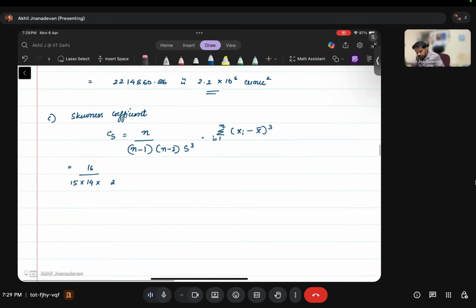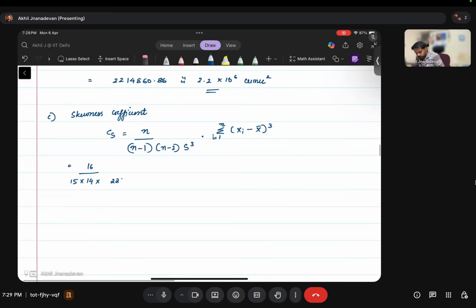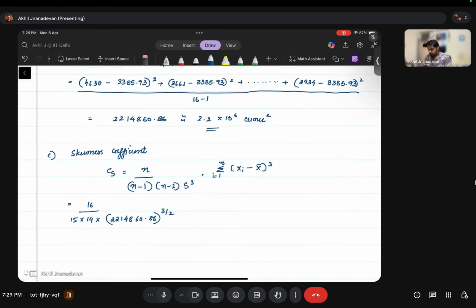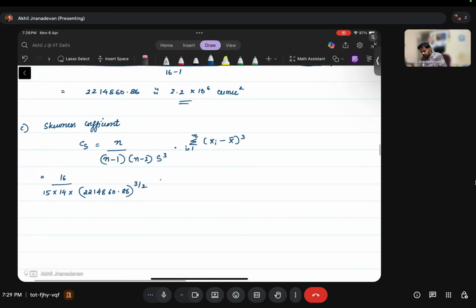So we got our variance as 221,486.86, right? So that is the variance. S cube means variance raised to 3 by 2, right? So we take the square root and then we have to cube it. That into, then we have to do the summation,